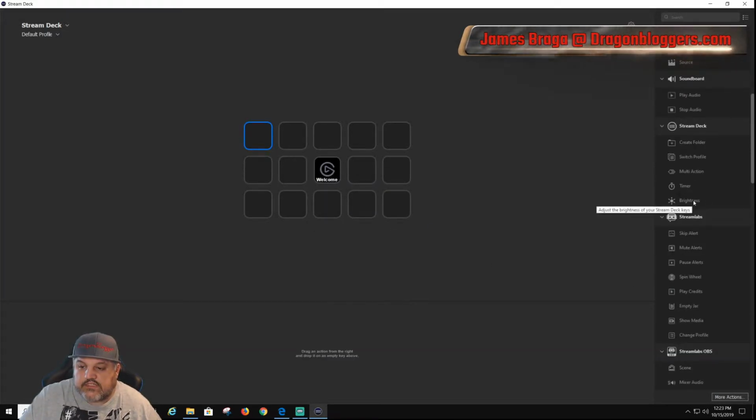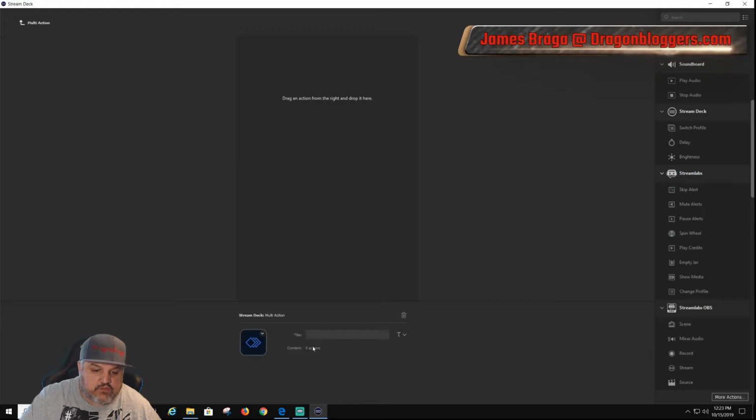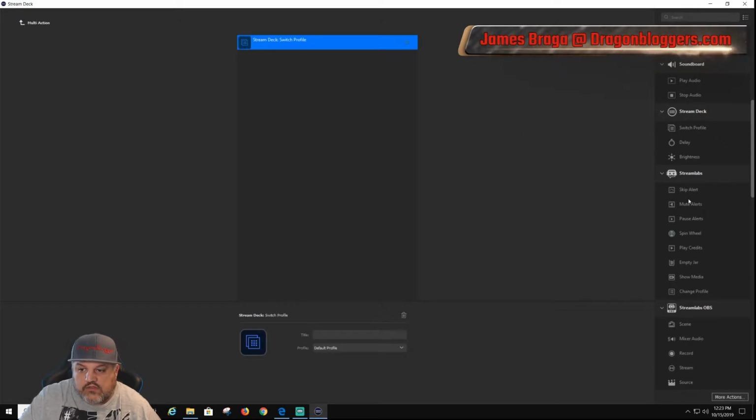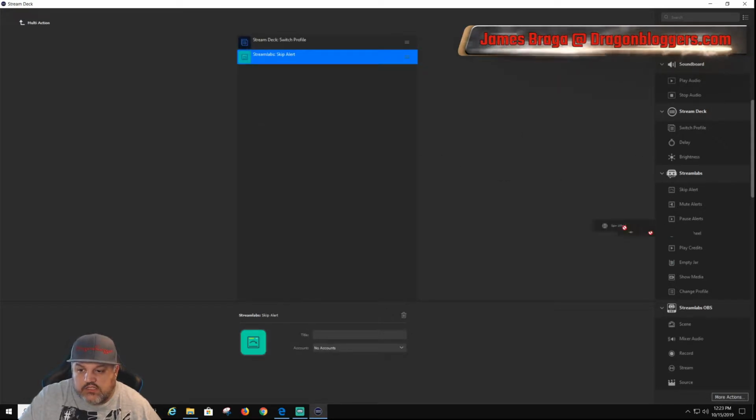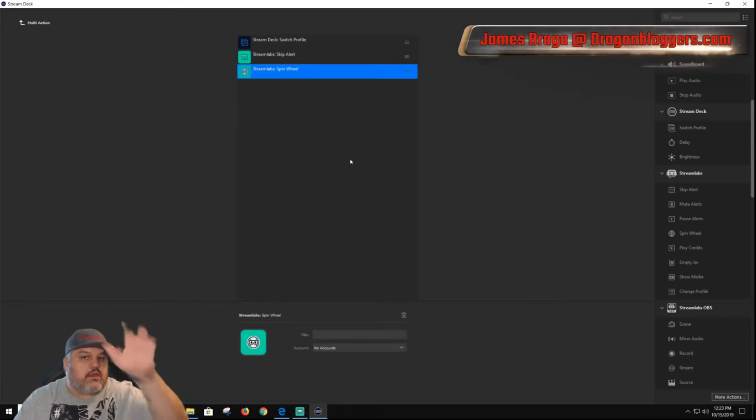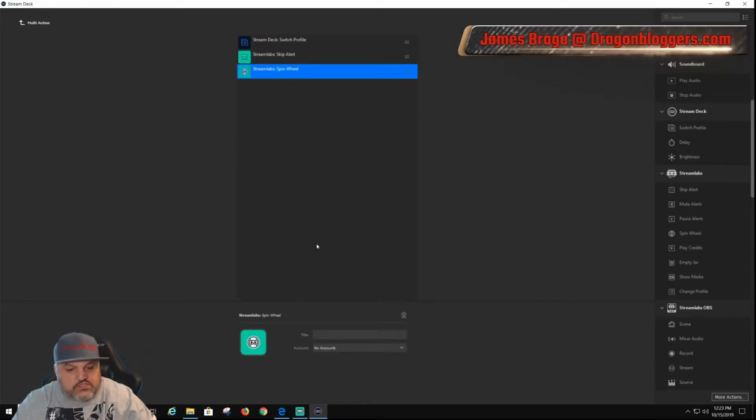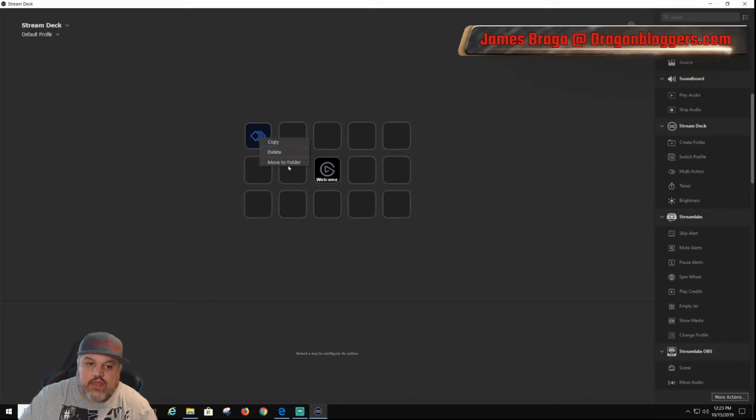You can do the brightness of the Stream Deck right on there. You can add a timer, multi-action. Multi-action, I'll show you what this is. You just drag an action from the right. So if you want multiple things done at once, you just drag them over into here, like switch profile, skip alert, spin wheel, all at the same time. You push that one button, it'll do all those things at once. Now, we're actually not going to do that because that's not something I'm setting up, but you can have that